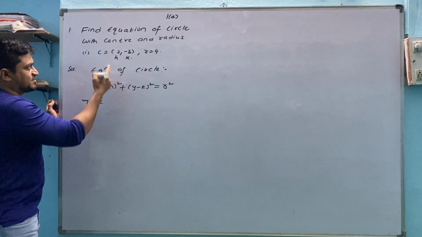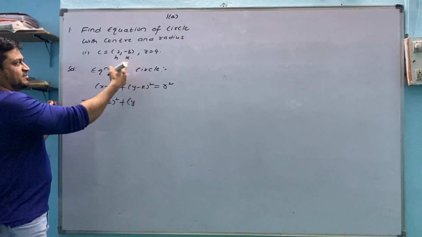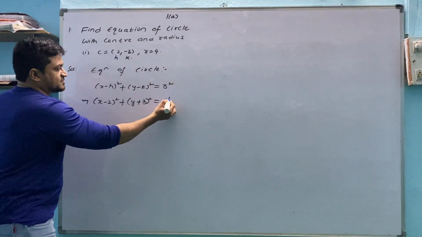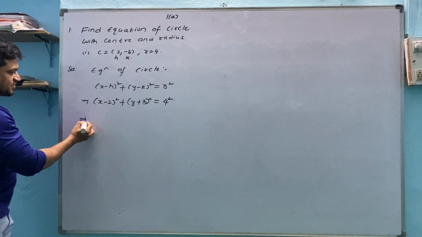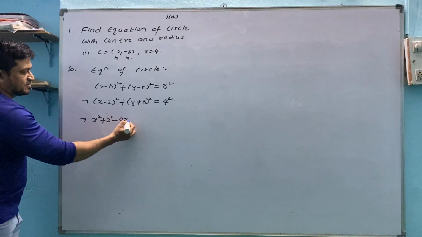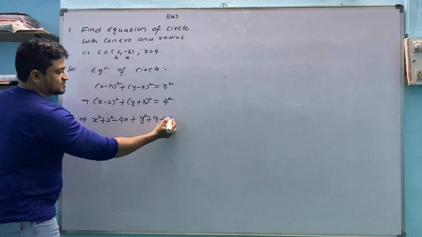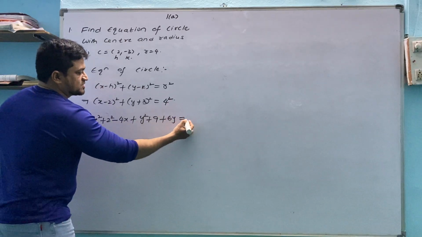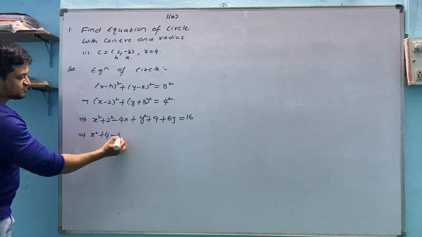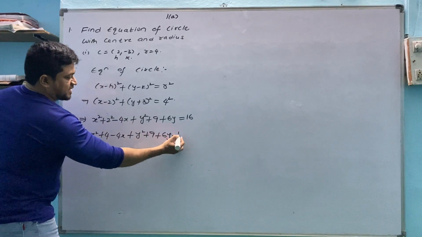Now substitute: x minus h whole square plus y minus k, minus of minus 3 is plus 3, whole square equals r square. Okay. Now we will substitute this one. Expand this: a square plus b square minus 2ab, then a plus b whole square, a square plus b square plus 2ab, equals 16. Now x square plus 4 minus 4x plus y square plus 9 plus 6y minus 16